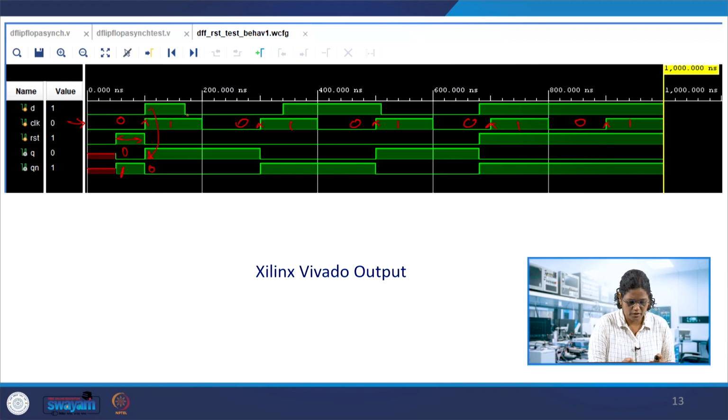Though the data is changing in between, you can see that when the clock is 1 there is no change in Q. So it maintains this 1 throughout until the next clock edge. Though the data has changed at this point, that won't be reflected in Q. At the next clock edge the data will be sampled, but only if reset is 0 will it be passed, otherwise the output will become 0. So reset is kept 0 during this period.